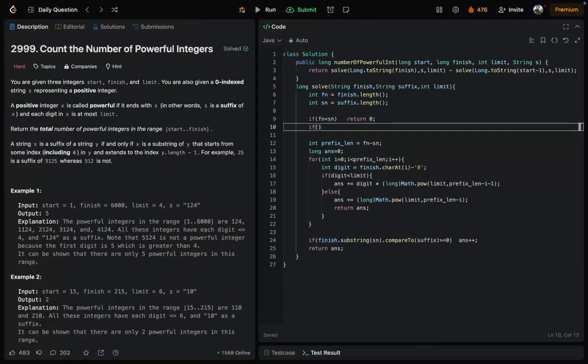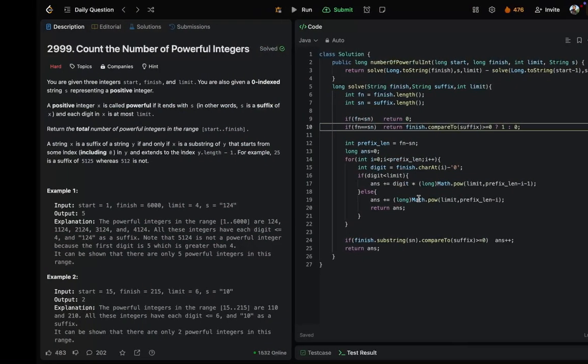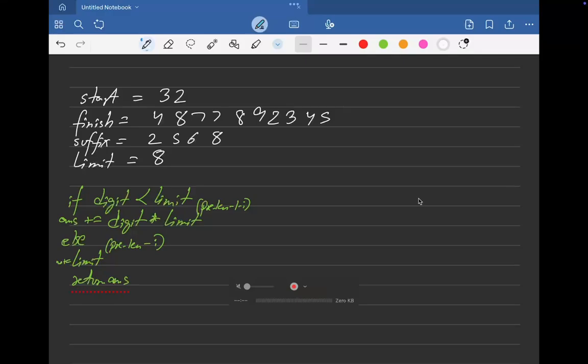If both lengths are the same, this is just a special case, just to figure out if my finish is more than suffix. If this is the case, we have one powerful value. So there is some issue in this code. Let's figure it out. We have this condition, we have this case, and in this case we have that many digits,